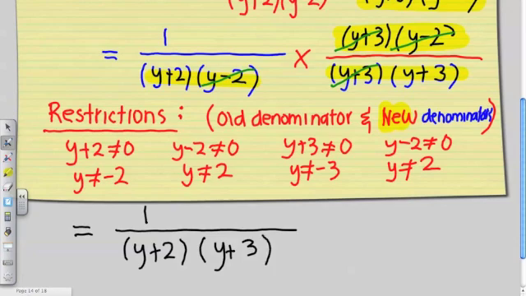So not hard, just some essential rules that you have to remember. Do you leave it like that, or do you keep going? No, you can leave it. Every time in this unit guide, I want you to leave stuff in factored form. There's also some hard word problems in the unit guide, but I'm going to be doing some pen casts on